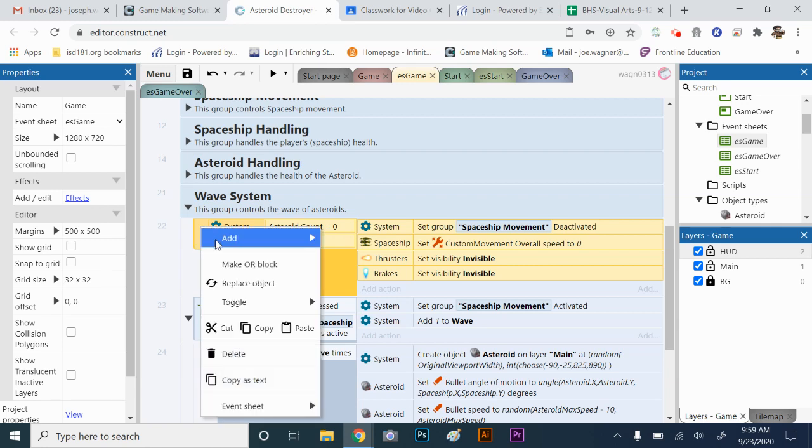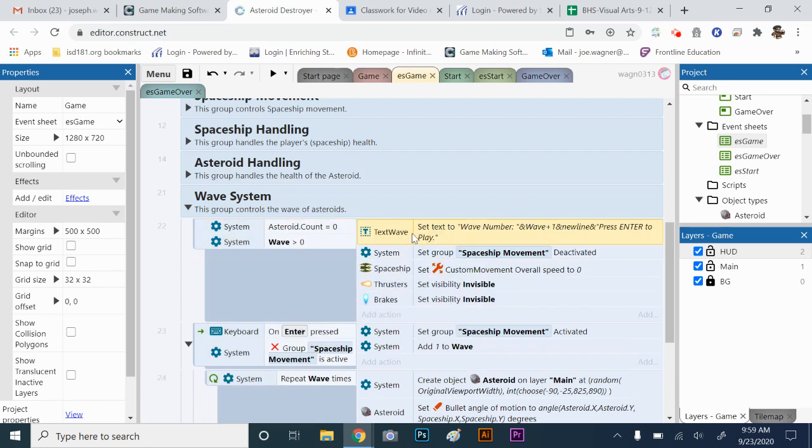So if I just right click here and paste, then that event went right there. Okay. And this one, the order should not matter. No, that can just be anywhere. So we just want that. So basically it'll change the text to that anytime we finish a wave, we want that text to be right there. Okay. All right. So then on the same event, while we're here,